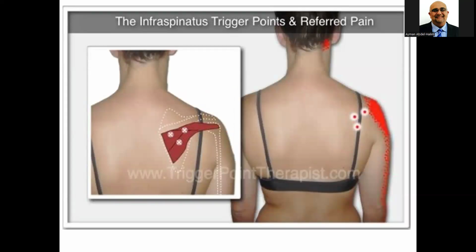I found this point here. It's called the infraspinatus trigger point. Because I'm a pain doctor, my background is such that sometimes I like to intervene and do some trigger points. Guys, these patients with breathlessness have myofascial trigger points all over the body. But seemingly this one is very specific. It's in the middle of the infraspinatus muscle belly.